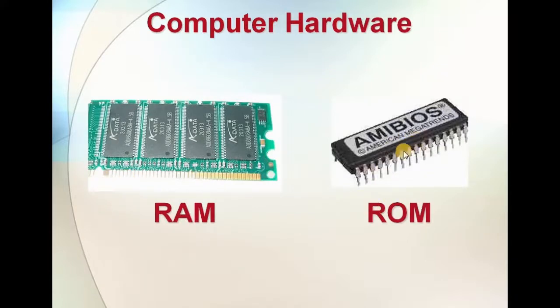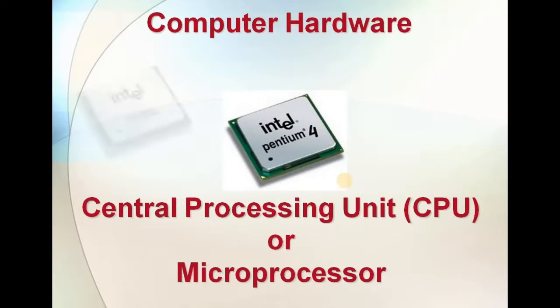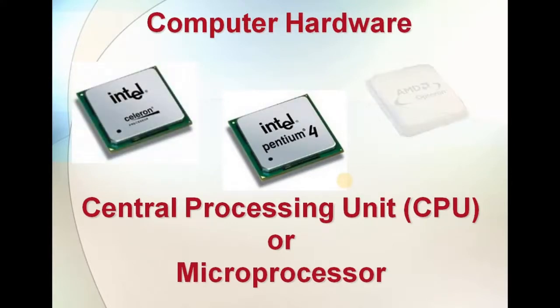ROM is basically like an integrated circuit, but it is not exactly that. This RAM, if you observe, consists of notches here. These we call the notches, and then it consists of small pins, and in the RAM slots we are going to mount them. So 128 pin RAMs and so on. These are the central processing unit or the microprocessor. As you can see, we have different AMD processors, Intel Celeron. All these are the different processors that are available.